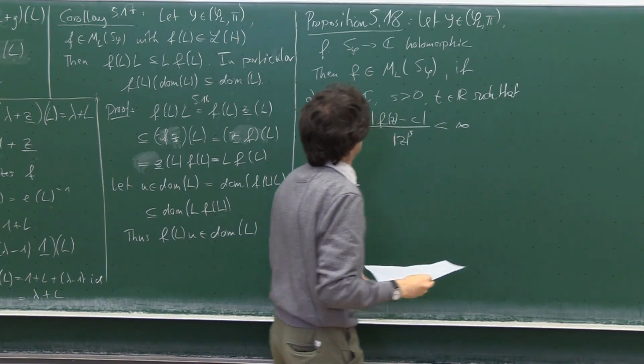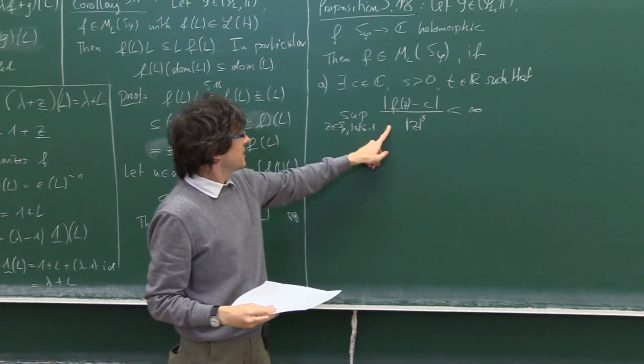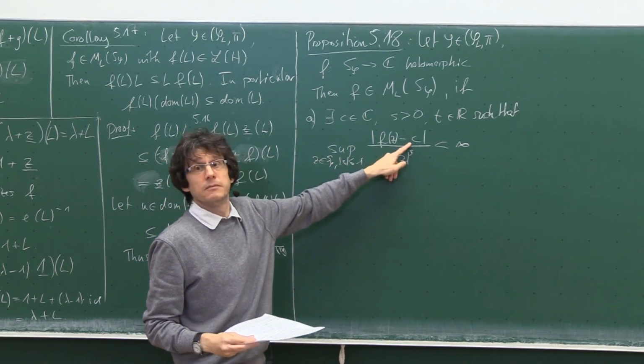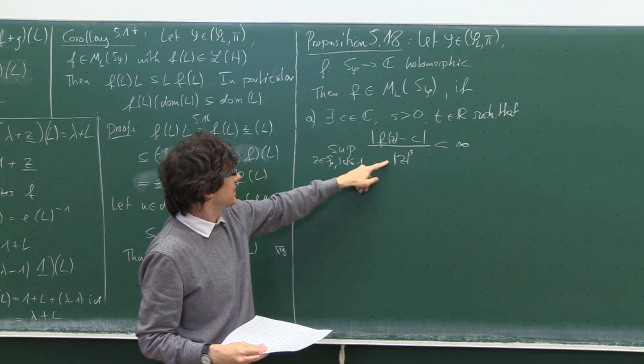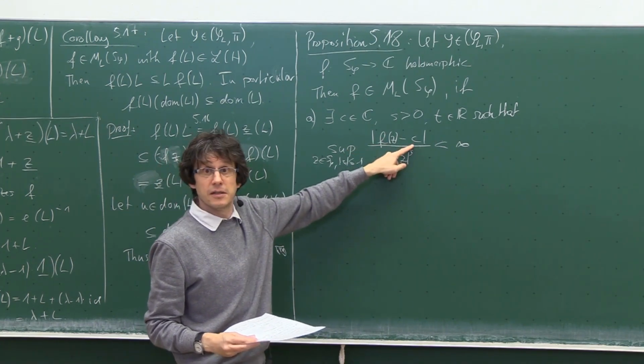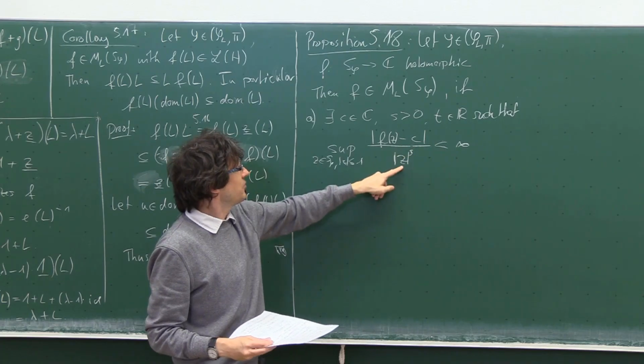What does that mean? That means that your function f has the limit c in 0. If you let z go to 0, this forces f of z going to c, and even